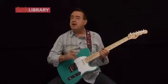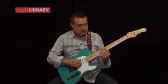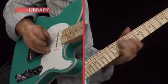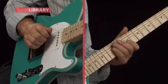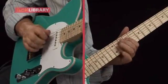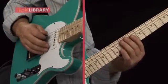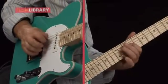Now, check it out. I'm not playing on beat 1, so I'm going to start this whole thing on the end of 1. Very important, otherwise it won't come out right. It won't sound right. So once you get that, the double stops, go